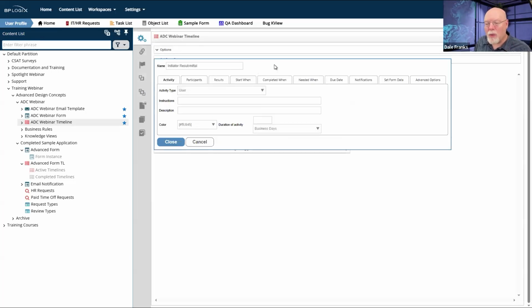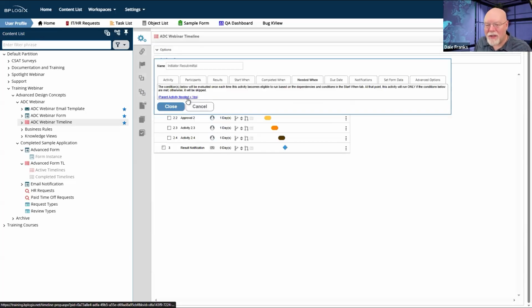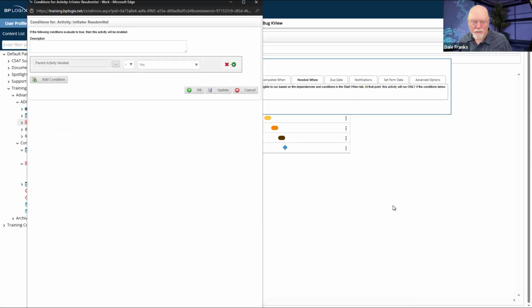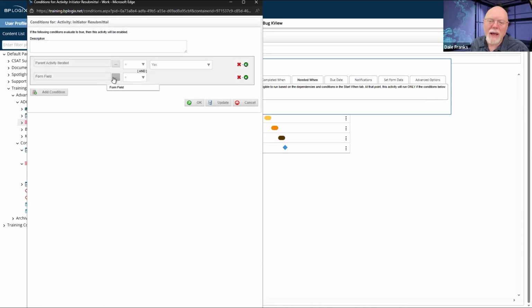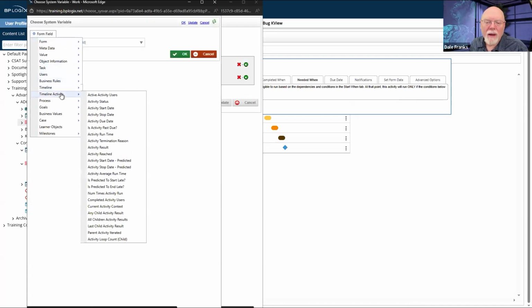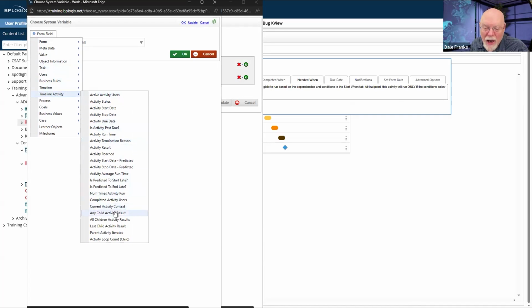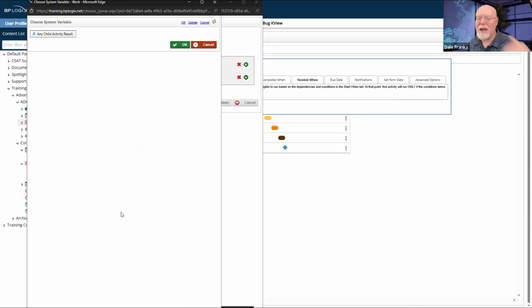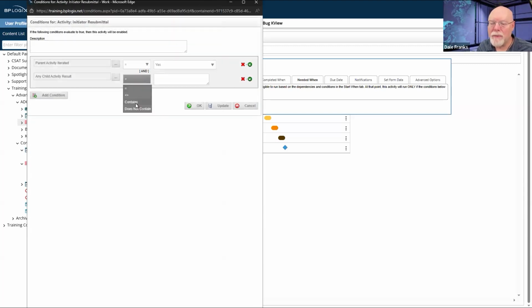However, I would not rely on just this condition as my activity condition. I think I would add an and condition, because I want to make it explicit that any child activity result, so that means that any of the activity results in this parent loop, if any child activity result contains deny.